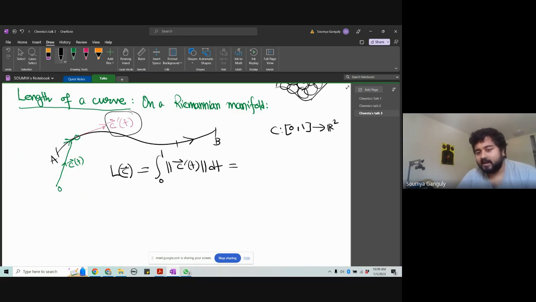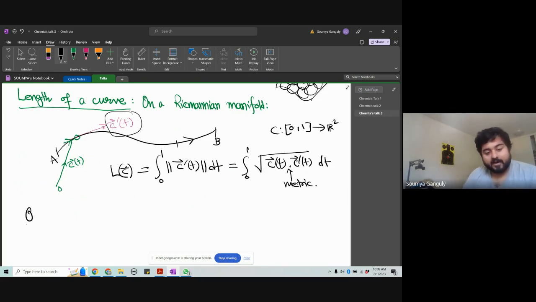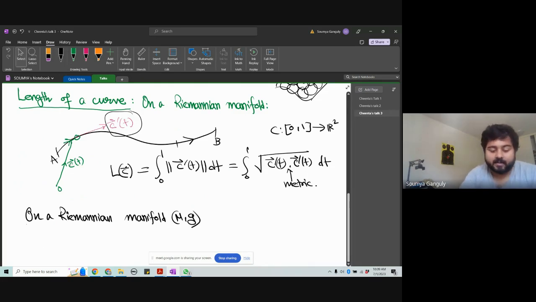So exactly the same thing is going to be done here, because look at this length. What is this length? The length we know is the square root of C prime t dot product with C prime t, right? This is the definition of the length of a vector. It's the square root of the dot product of the vector with itself. Now, on a Riemannian manifold, because we have an inner product which is the metric, this dot product is our metric. So then, on a Riemannian manifold (M, g), where g is our metric and M is our Riemannian manifold,